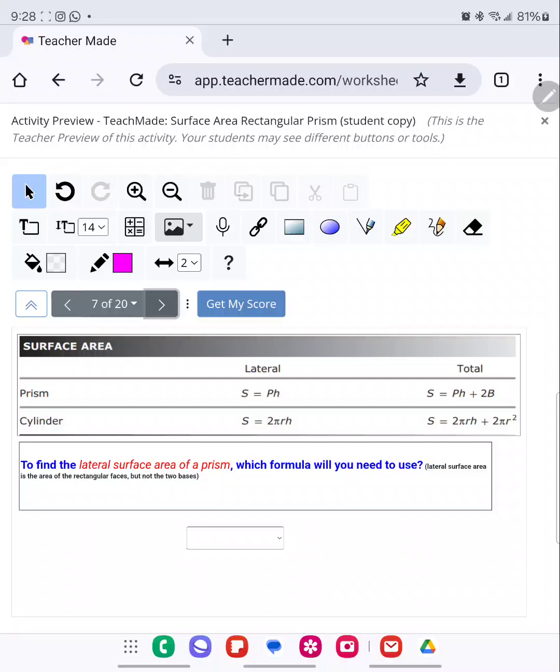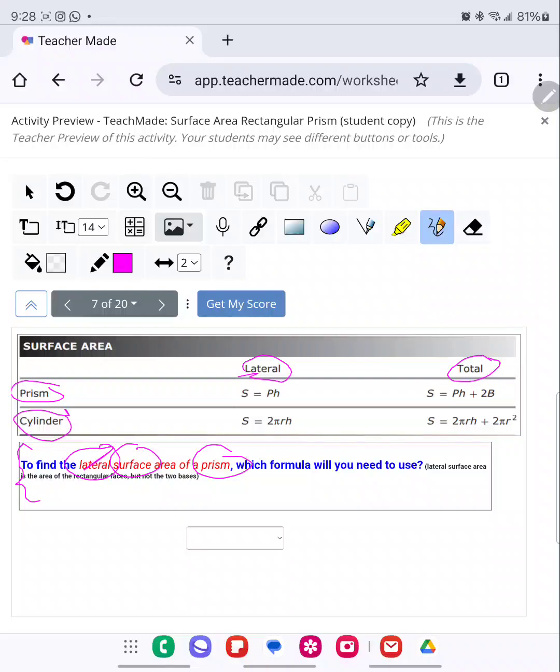So I want you guys to look at the formula here. We know that on the left side, we have a prism and we have cylinder. And then on the top, you see that there's lateral. So that means only the area that goes around the bases. And the total represents all of the area. So I want you guys to read this right here and choose the correct formula that you would use. So it reads, to find the lateral surface area of a prism, which formula will you